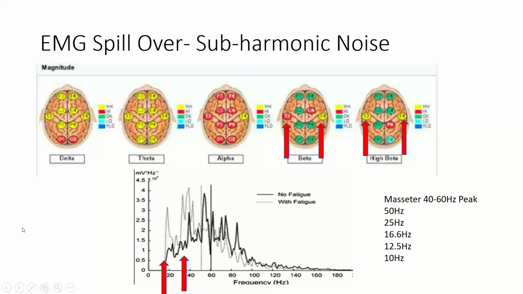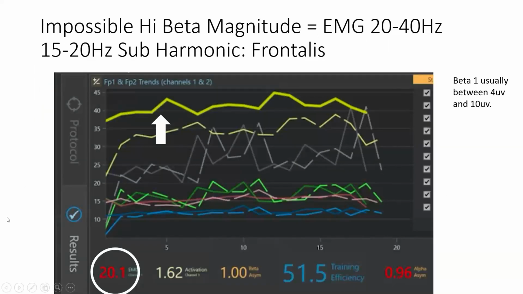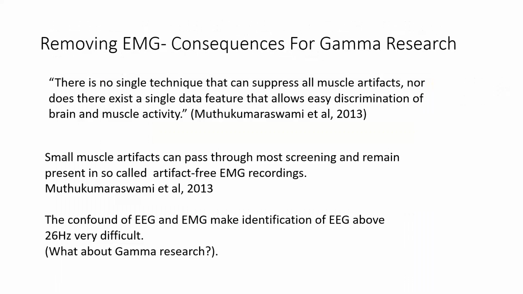Now these delta and thetas, they're not likely anything to do with this, especially at 2 and 3 standard deviations. The odds of them having anything to do with this are like 99.9999 to 1 that there would be any content here driving this. So we talked about this one already. Let's jump to removing EMG.